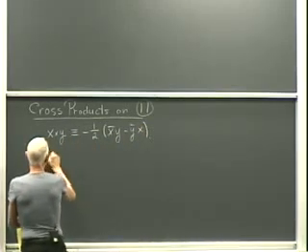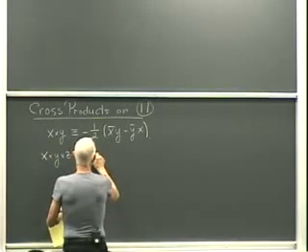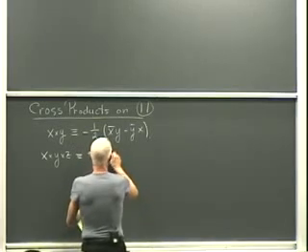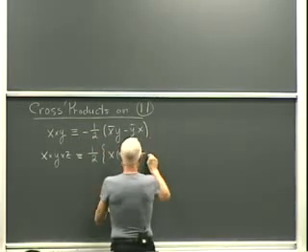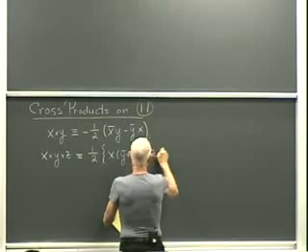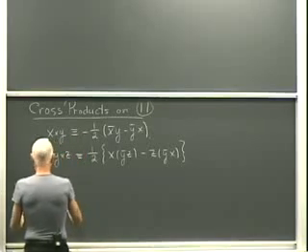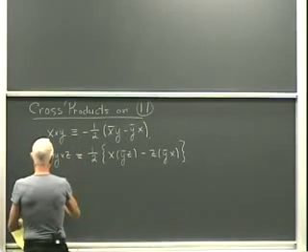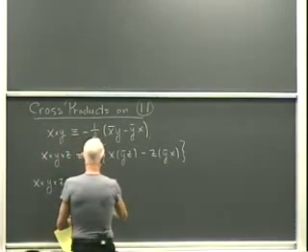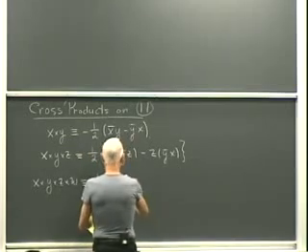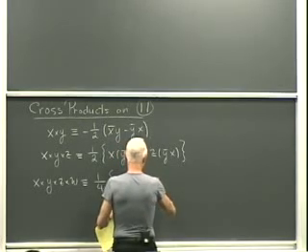And then there's x cross y cross z, which is by definition 1/2 of (x y bar z minus z y bar x). And then there's the fourfold cross product, which is 1/4 of x, and here we have y cross z cross w,